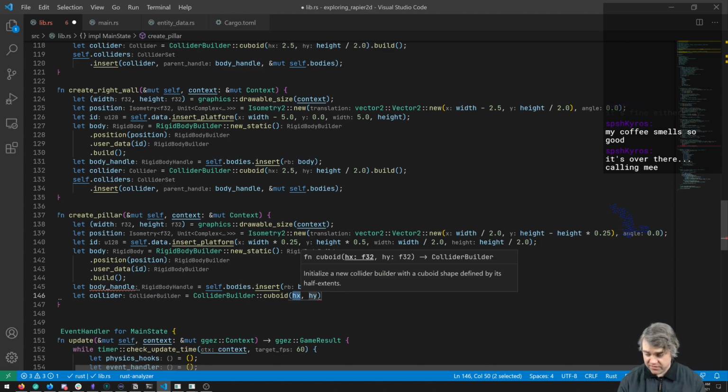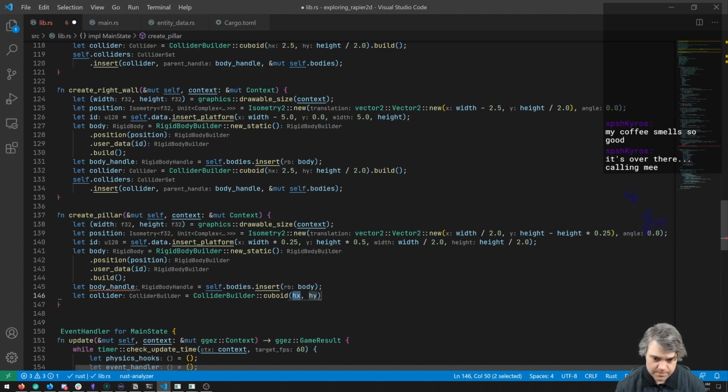Okay, half of the X. So half of our width for this is width times, so this is in half. So I want width times 0.25 instead of 0.5. And then the same thing here. So height times